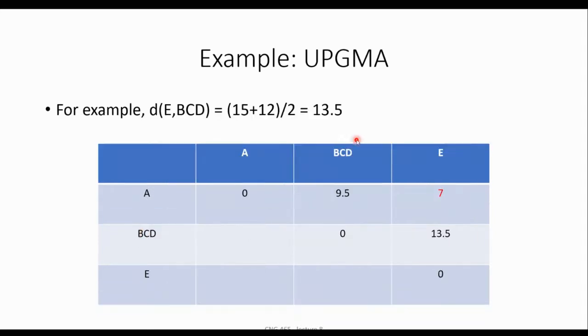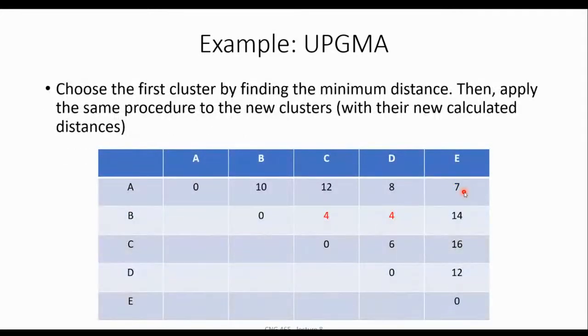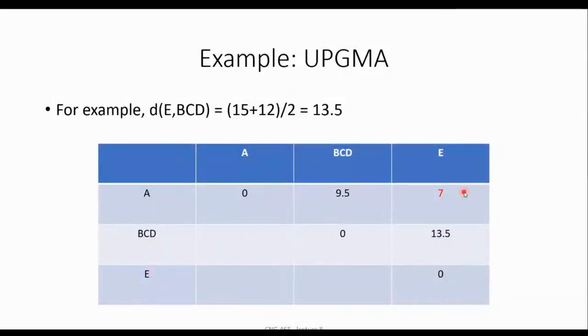Now, here you see, we consider B, C, D, all of them together. Now, what should I do in order to update the value for this one and this one? Because for AE, this is exactly the same as before. In all of the tables, you can see for AE, this is 7. Again, this is 7. But for this one, we should